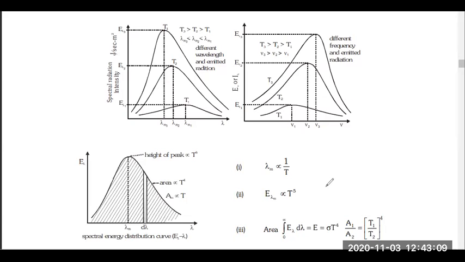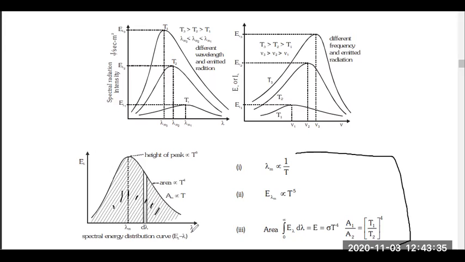This is a topic which is asked very rarely. That's why, frankly, I didn't research a lot upon this. We just have to use this formula. Whenever a question is asked, we just have to use this formula. That's it. We already know that this is your total emissive power because it is the area under